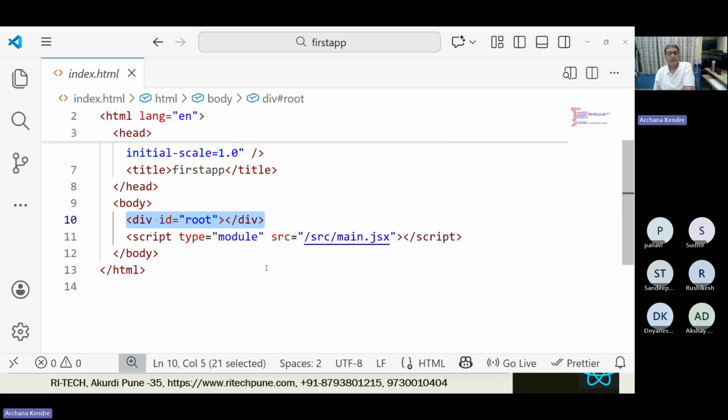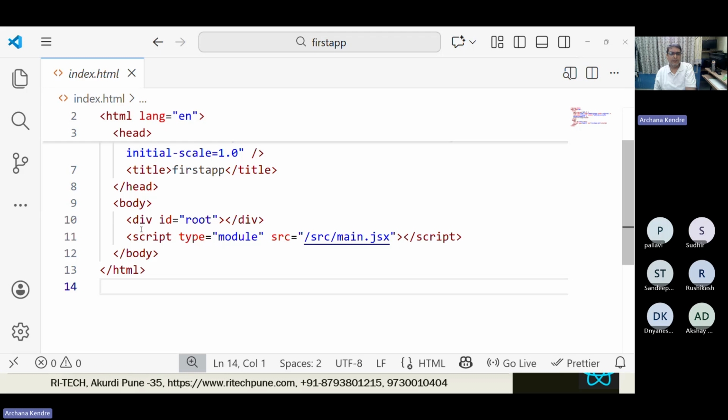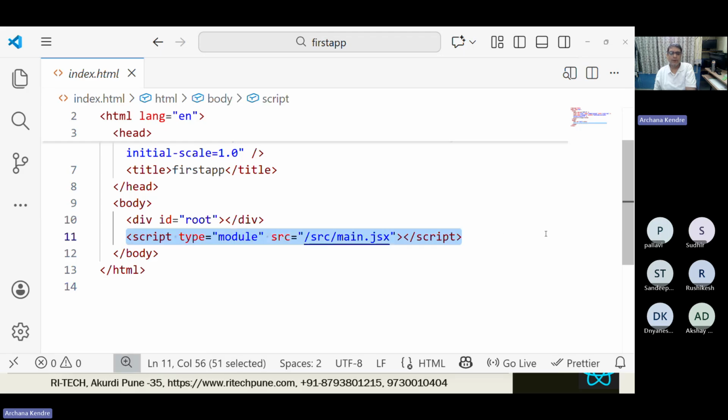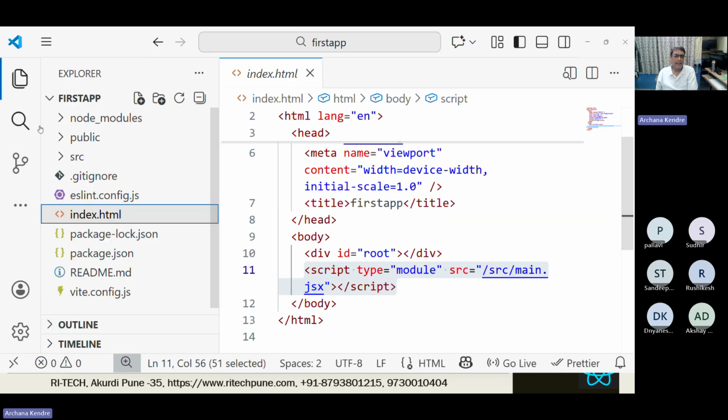So how is it rendered? With this tag, we are loading a module. We are loading one module from main.jsx. We had a word about modules in the last session. So script type equal to module, src slash main.jsx. So we are loading the main module from main.jsx. If you go to main.jsx,